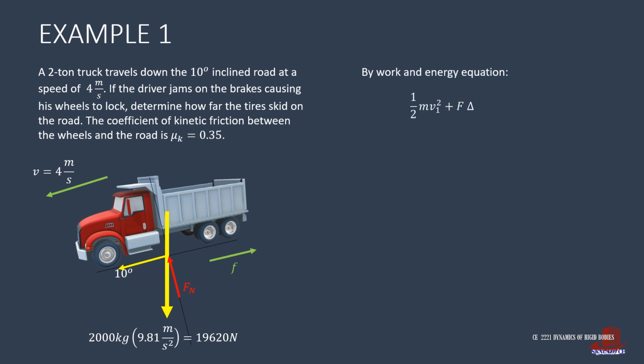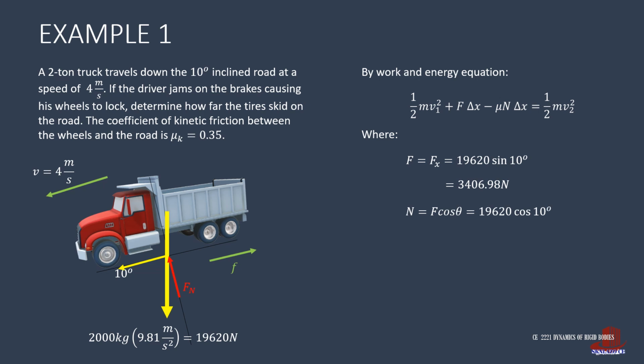With the work and energy equation, we identify the different parameters. Force is taken as its x component, and that is the weight of 19,620 times sine of 10 degrees, resulting to 3,406.98. The normal force is computed as F cosine theta, or 19,620 cosine of 10 degrees to have